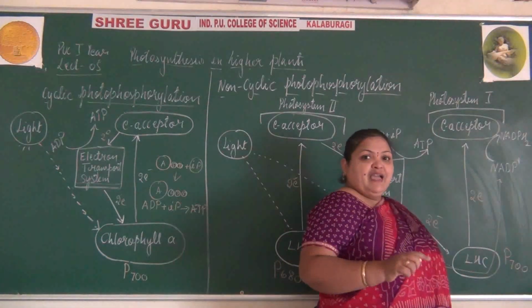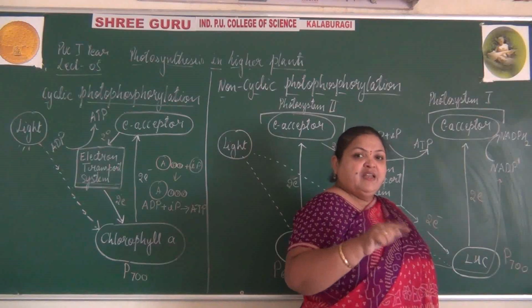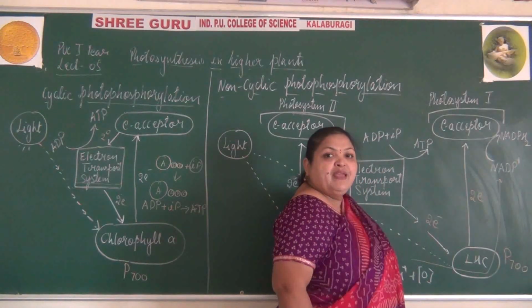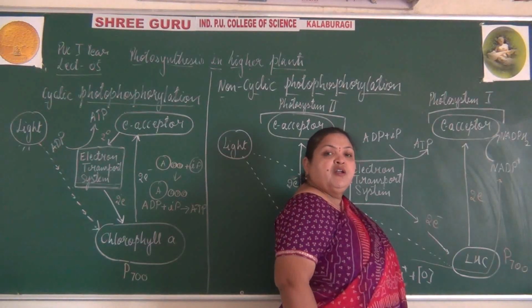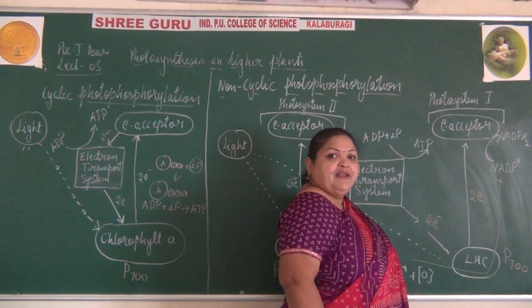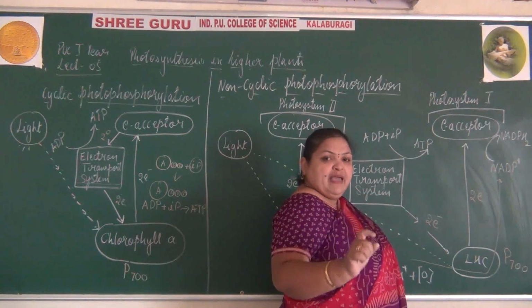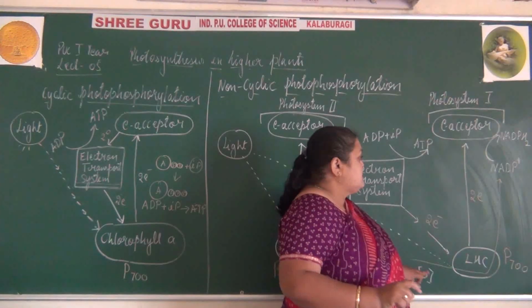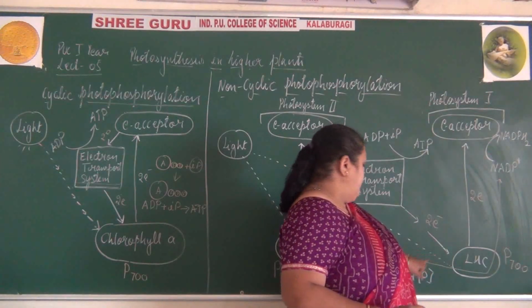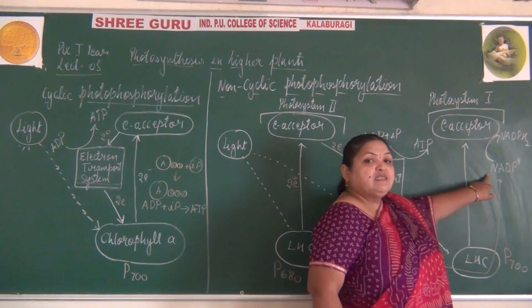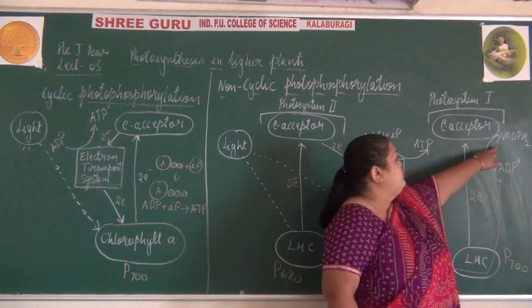So when there is photolysis of water, protons are being released. These protons released are accepted by the hydrogen carriers, the protein carriers. These hydrogen carriers pass the protons, where NADP is reduced to form